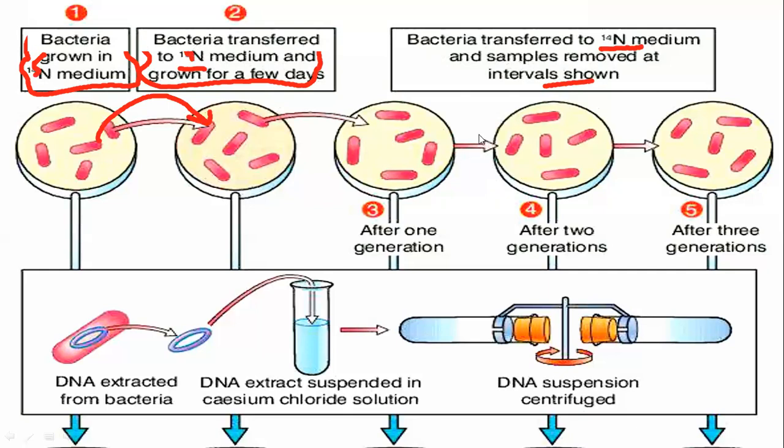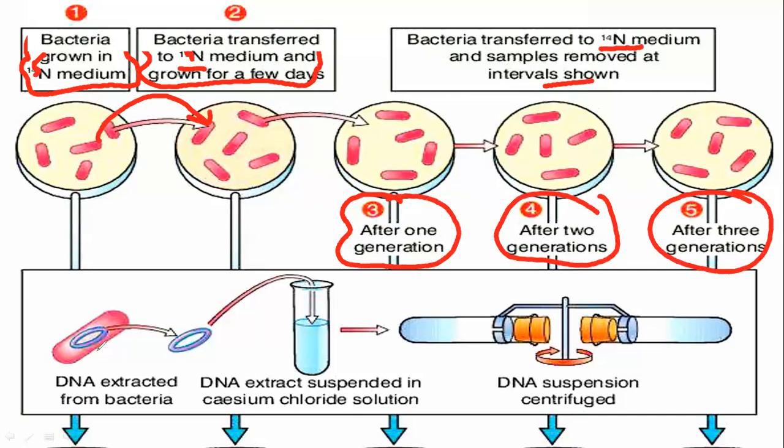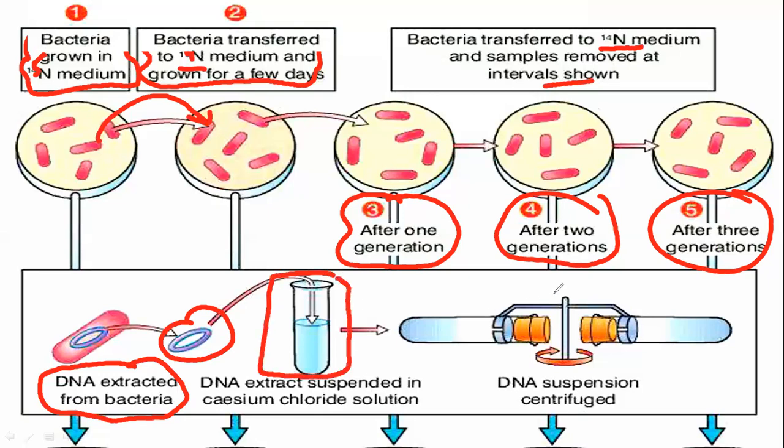What we did, after 2 generations, after 3 generations, we extracted the DNA from the bacteria, and we know that this is called a plasmid. That's a ring shaped separate DNA in bacteria, which is also used in biotechnology and even for the production of insulin. I hope you remember from your O levels. The extracted DNA was put in this test tube, which will be run in the centrifuge machine.